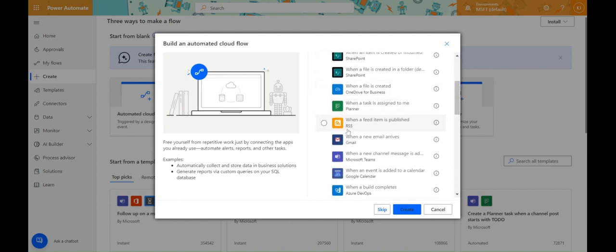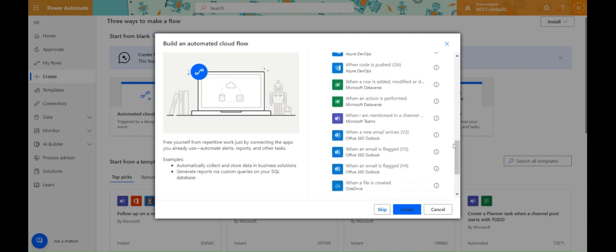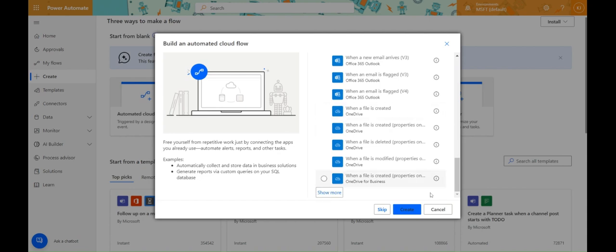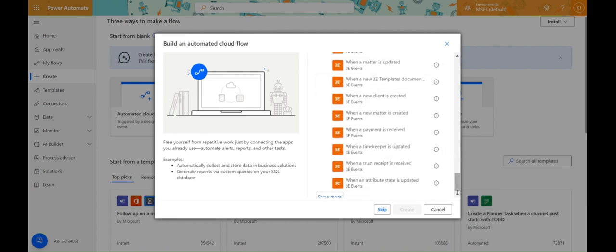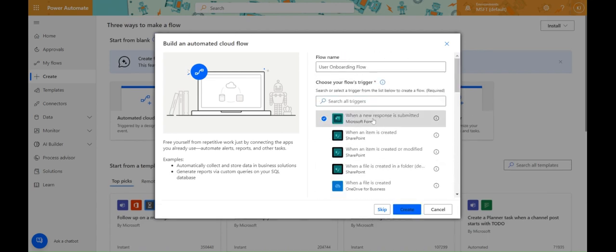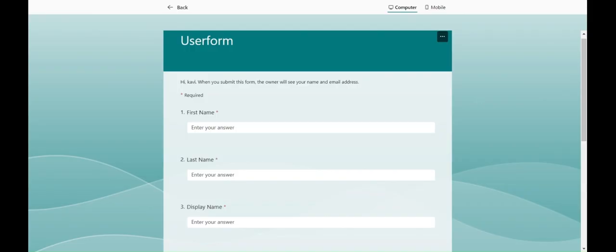Basically, connectors will let us integrate with different services such as Azure AD, SharePoint, Outlook, and so on. It allows us to make use of the functionalities within Power Automate itself. So here, I'm starting with the Microsoft Forms connector from which I have selected the trigger now. And before clicking Create, let me quickly tell you all the basic preview of our process.